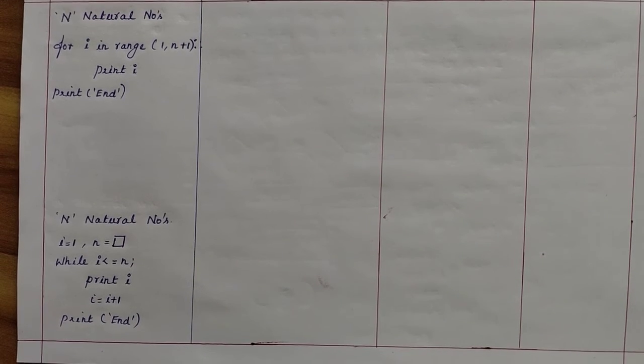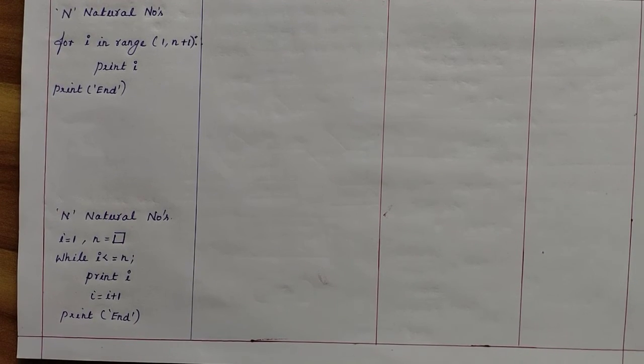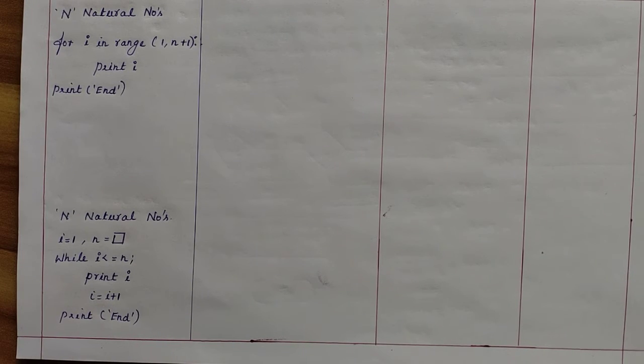Welcome to Academic E-Learning. Today we are going to see how to convert the logical representation into the algorithm, flowchart and the pseudocode of iterative statements. In the previous videos we had seen the categories of iterative statements, and also one example, that is print n natural numbers, and the logical explanation by using the for and the while loop. So today we are going to convert these logical expressions into the notations.